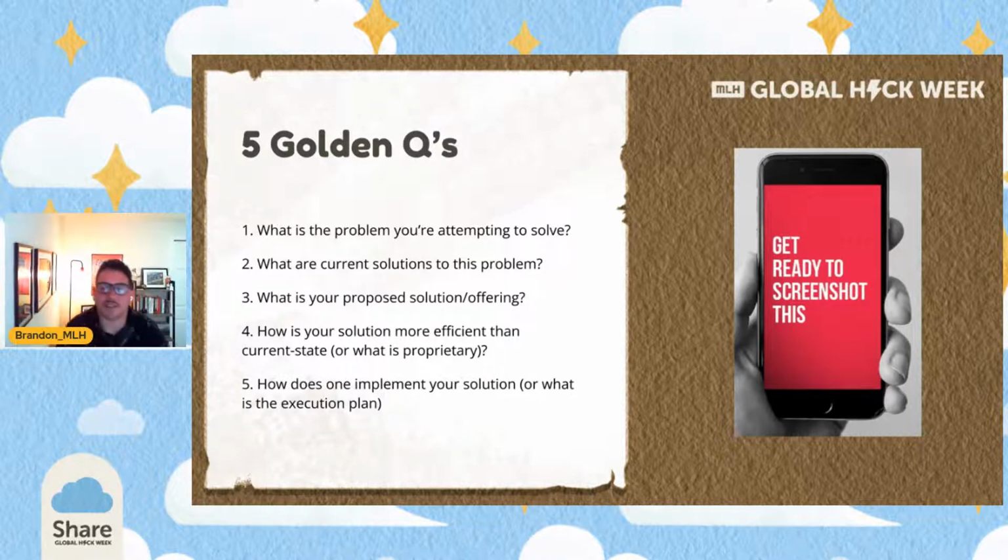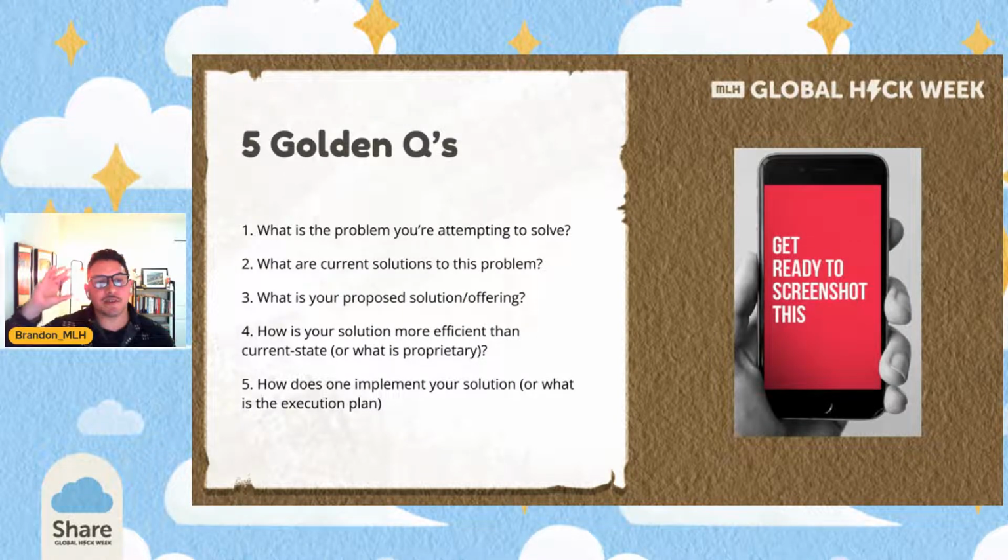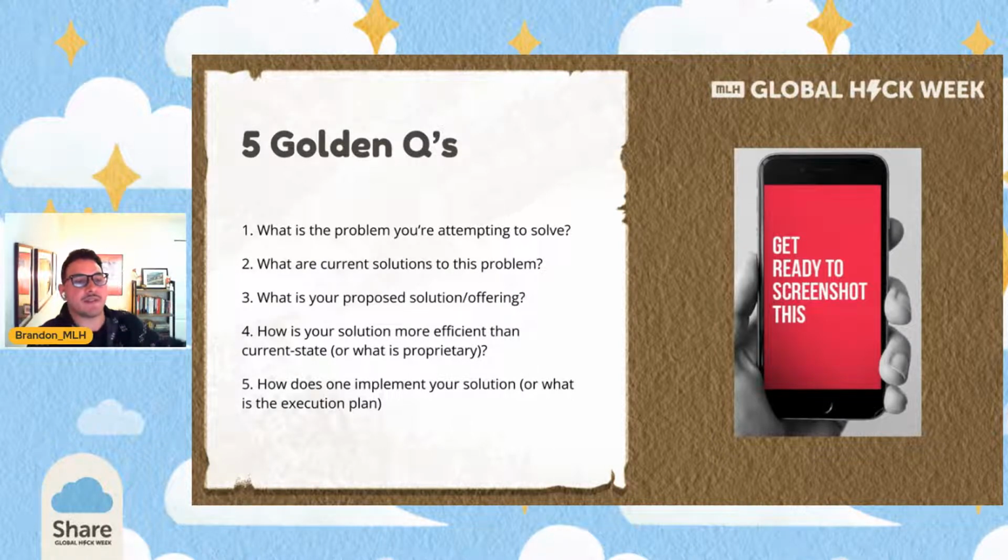How did I get started with MLH? Hey, that's a great question. Many moons ago, I worked at the University of Arizona for the science library, and I was running a makerspace. And then I heard about this cool group called Hack Arizona that was deciding to start running hackathons on the campus that were going to be sponsored by MLH. I'm like, oh, that's cool. A hackathon sounds very similar to invention competitions and business case competitions that I used to go to.